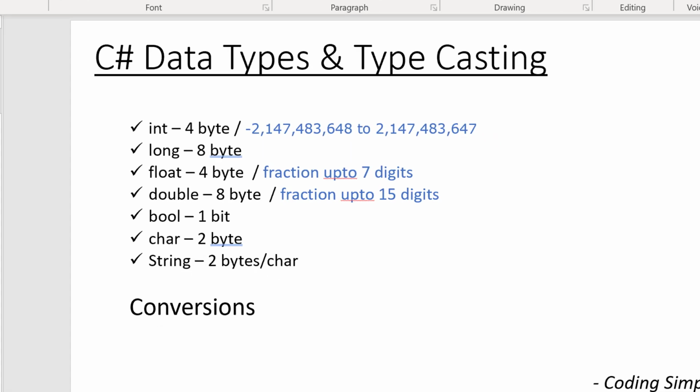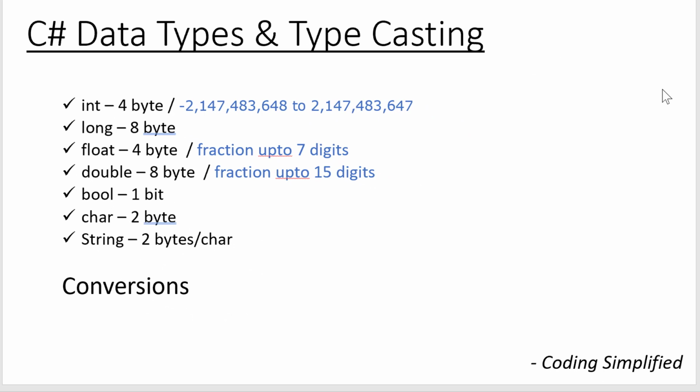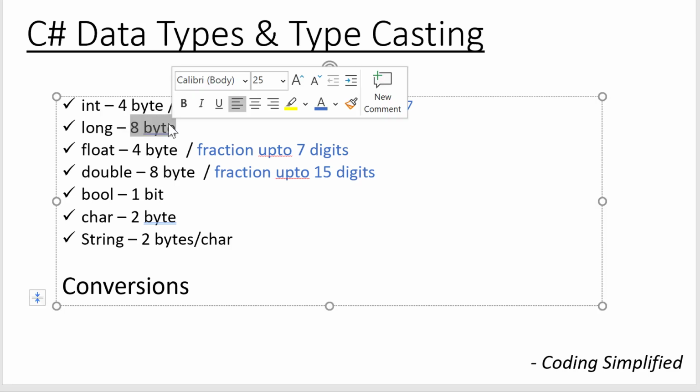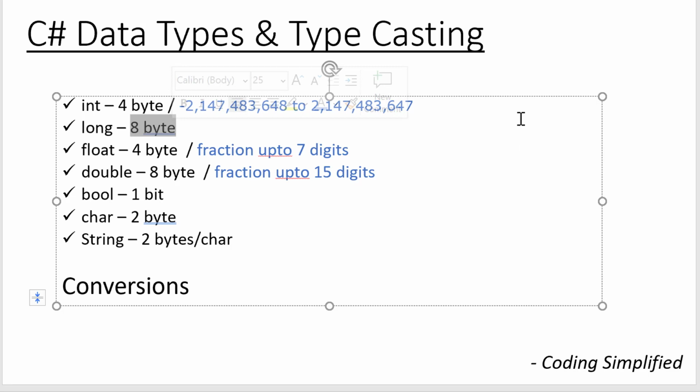Now let's see about typecasting. Typecasting means that if you are assigning one data type to another data type, that is casting. Basically you are casting to another data type. Let's say I have a long variable, and you are updating it with an int variable, so that is fine, right? Long can store 8 bytes of data, and you are trying to store 4 bytes of data in it, so that is fine. 8 bytes is a big container, and in a big container you are putting a small container, small data size, that is fine.